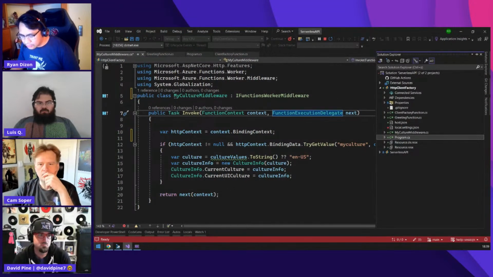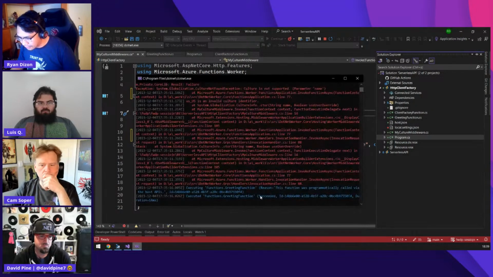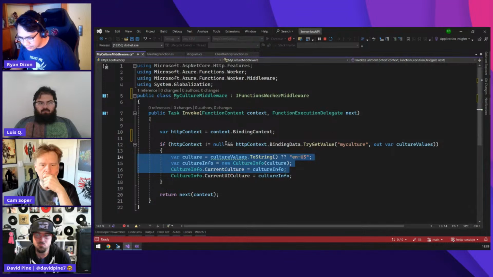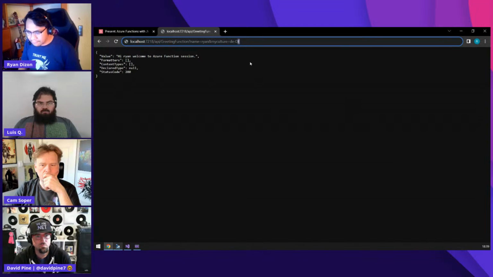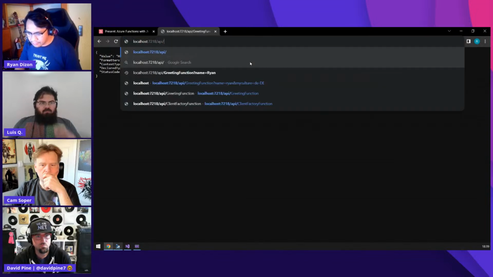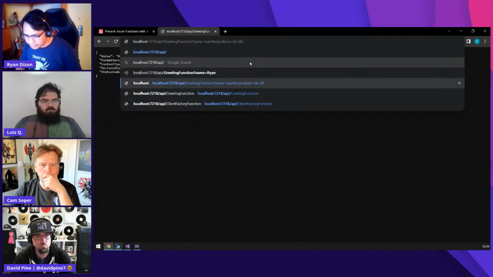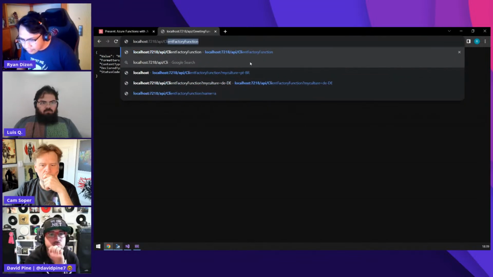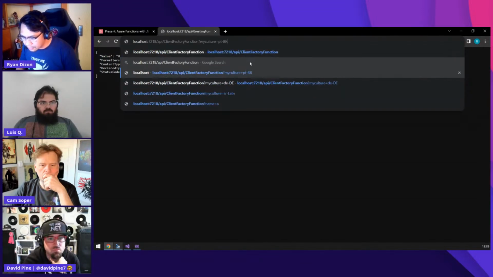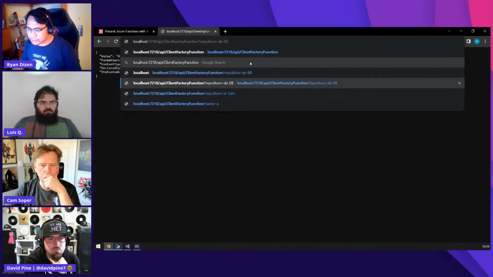Since I have this other function or endpoint, and I also have this Azure Functions client factory, then I can also supply the localization for this.